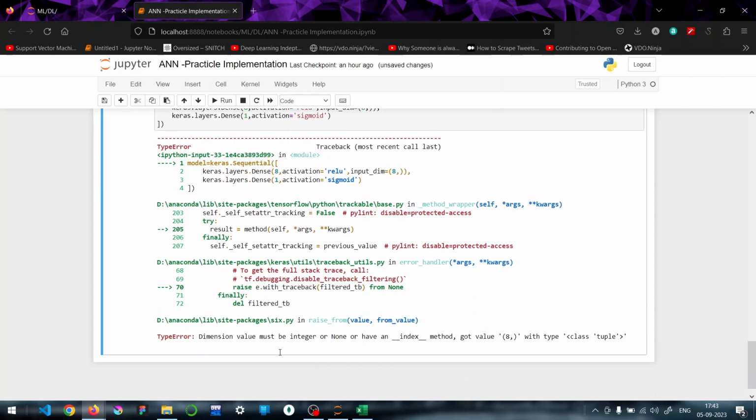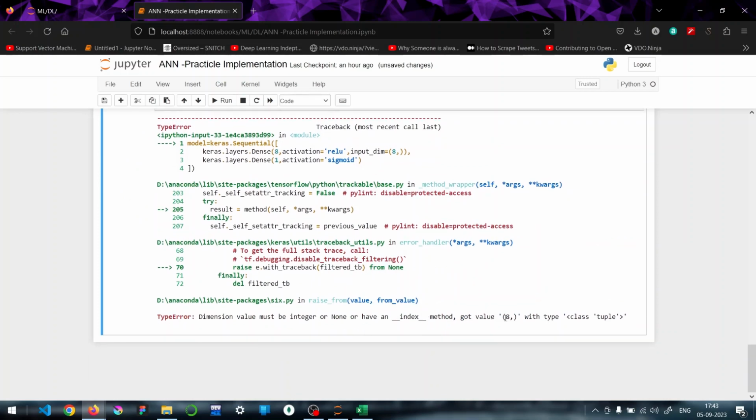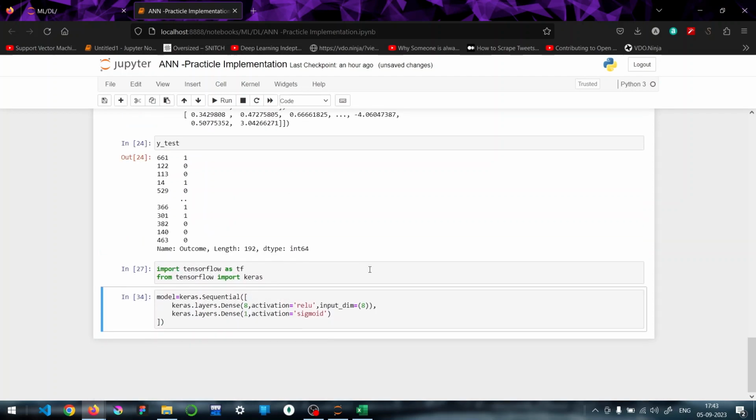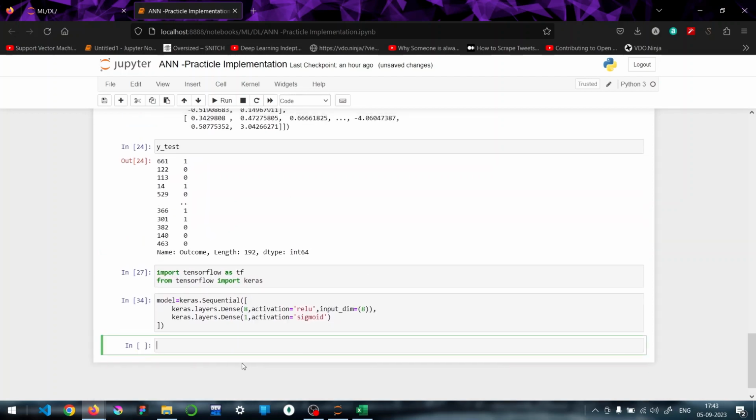Okay, so it is giving an error, that is index method got value. We have passed this wrongly. Then after that, let us compile our model. model.compile,